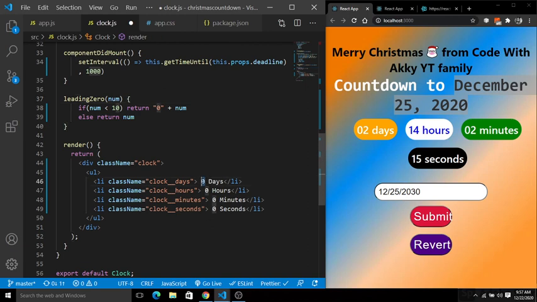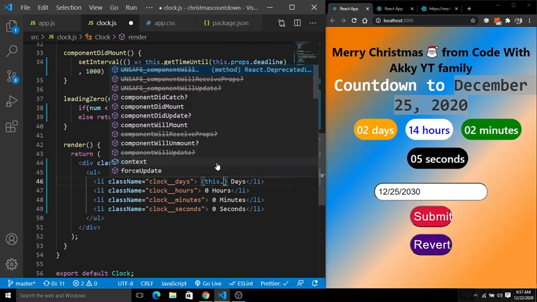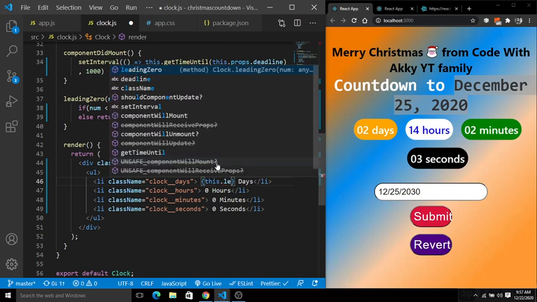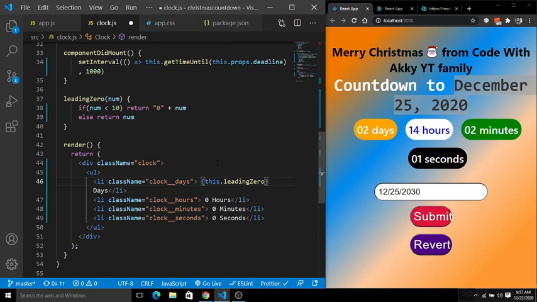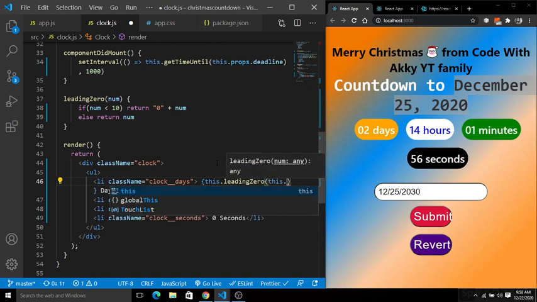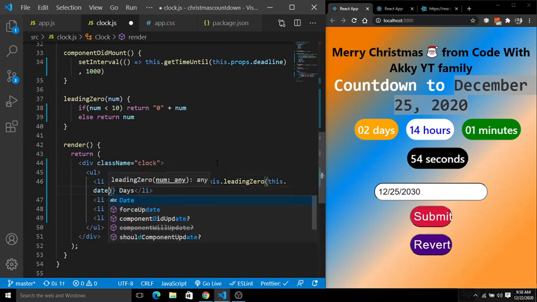Fine. Next go to days. Inside the days we have a days, so let's call this function. I am going to call the function this.leadingZero, and pass here this state. So this.leadingZero and this.state, so we have state, not date.